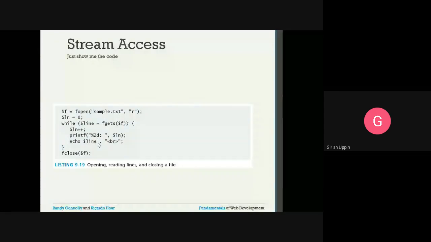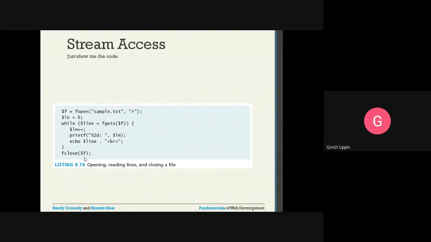So it will continue until it reaches the last line, where this will not be successful. When it is not successful, that is the false condition. It will come out of the while loop. Then we close that file, because whenever we open the file, we must close it. That is how you close all the resources. Otherwise it may not result in an immediate error, but over time your system will crash because of such open objects.